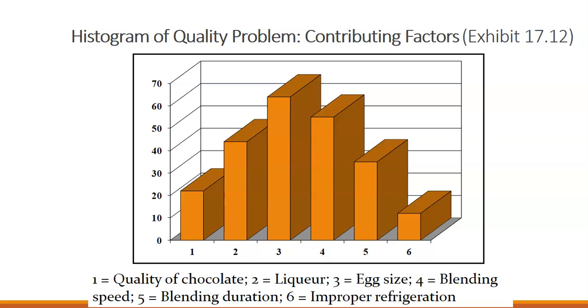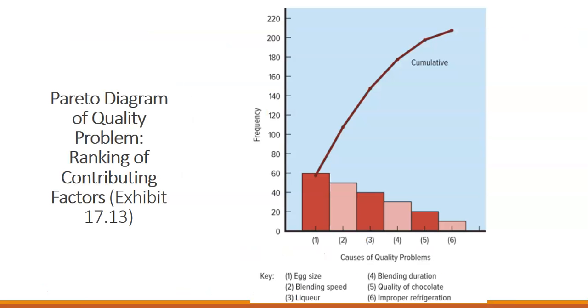So we can see here that eggs have a higher failure rate in quality issues for making chocolate mousse than the other factors. We can also create a Pareto diagram. This is a ranking of the contributing factors to quality issues, where improper refrigeration has the least cause-effect relationship, but the size of eggs is the highest